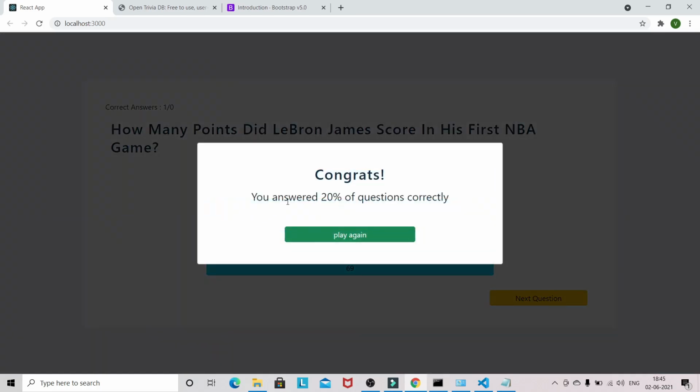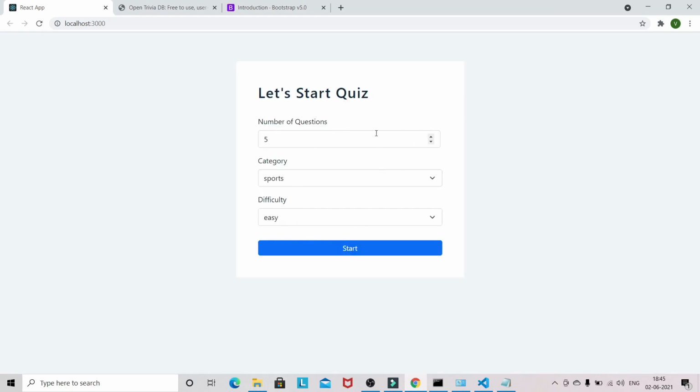So I have given only one question correct, and it says you answered 20% of questions correctly. It's basic math: out of 5, only one answer was correct, so it calculates the percentage. If you click on play again, you reach that first page again.